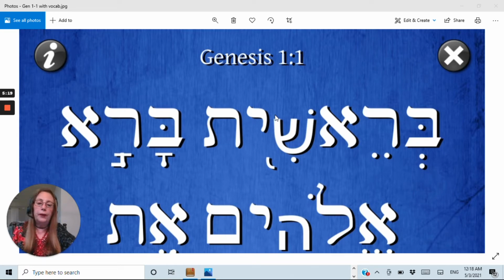And here we have the sh with the little dot underneath, and that little dot or vowel marker is called hirik, as in the word believe. So far we have bereshi, shi,